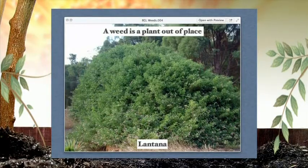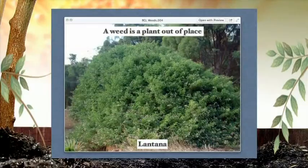And it might be this next one, which is lantana. Lantana is a favourite garden plant, but it is just becoming established here in a few spots, and for that reason Lantana camara, which is the main species of which most of the colourful ones are, is no longer sold in nurseries. My perspective on this is it's a minor problem in Western Australia, but you go over to the other side of the continent,